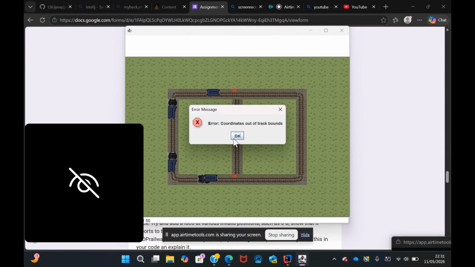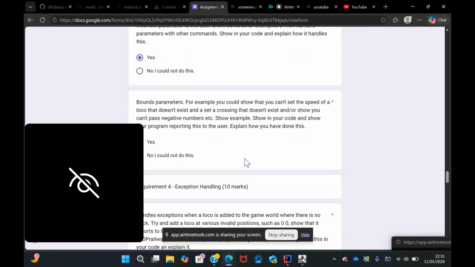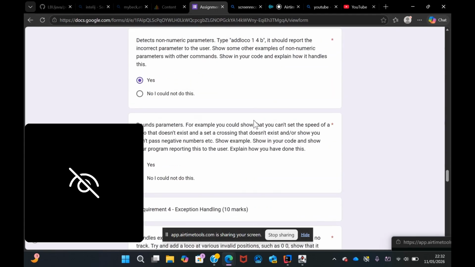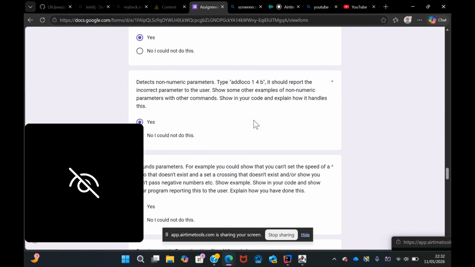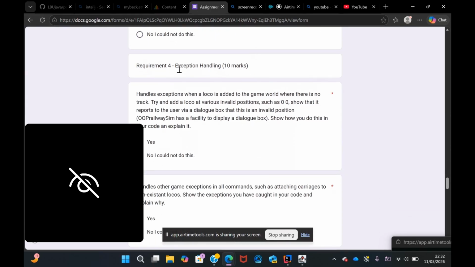Coordinates out of track bounds, meaning that it is not within the track range, so therefore the locals will not be spawning in. So we've done requirement number 1, number 2, number 3,